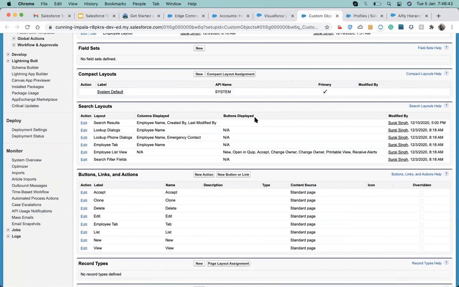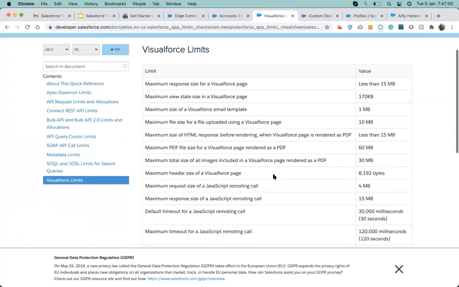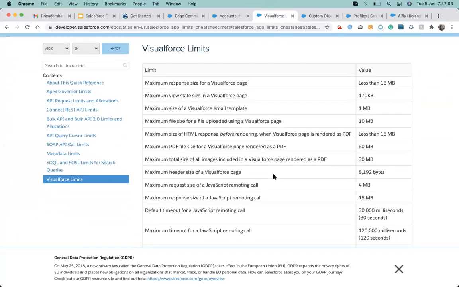Because of multi-tenancy: everyone in Salesforce is sharing the same resources. Whenever there is resource sharing, they provide limits so that no single user can come and take all of the resources, leaving other users unable to take advantage of them. So they put the limit: at max you can use that much, and apart from that you can't use anything.